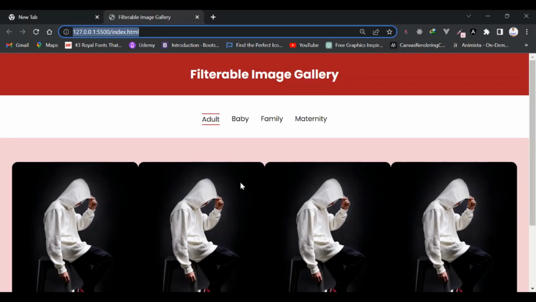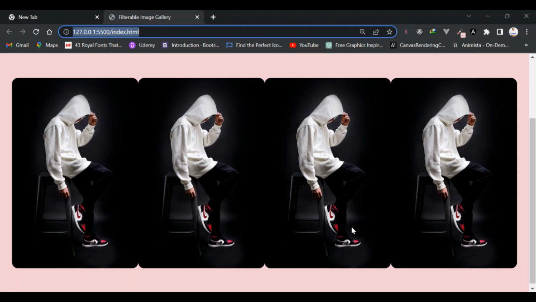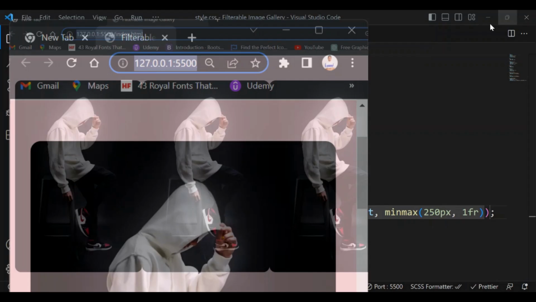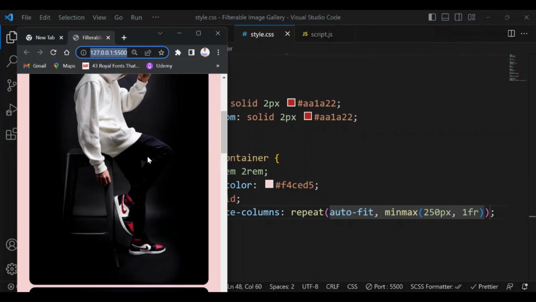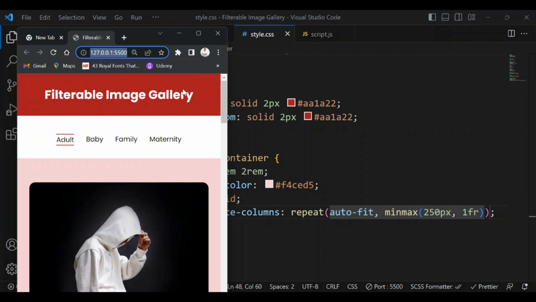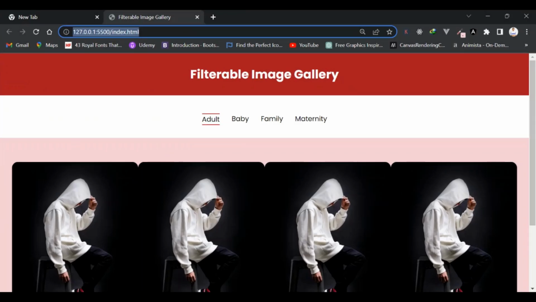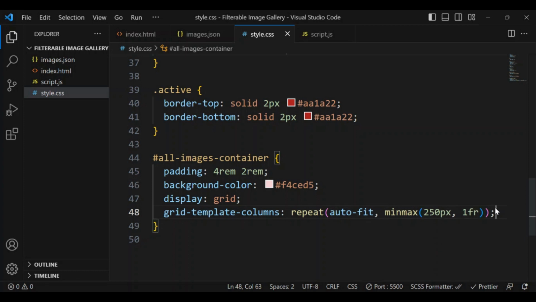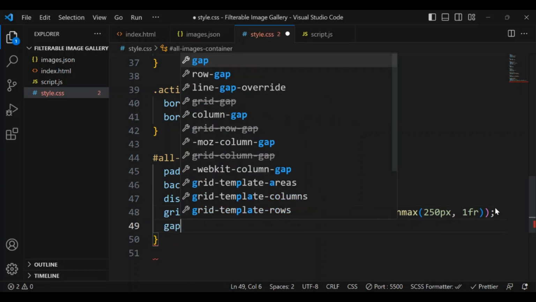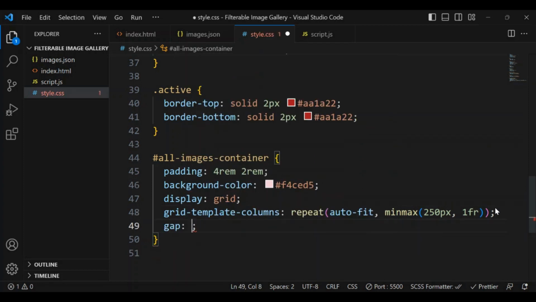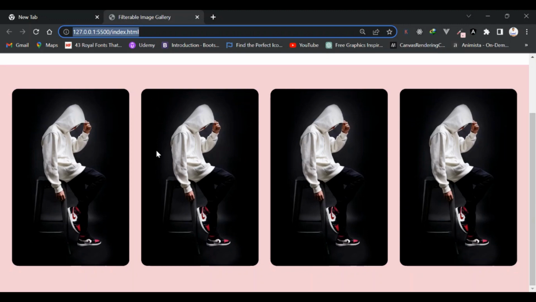If I save, this is what we have. Let's try to see if it's responsive. So if it's kind of responsive, yeah, it's responsive. So I'm going to add a gap of 2 rem, just to give it some spacing. Yeah,